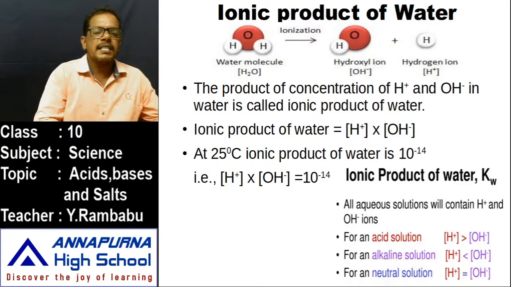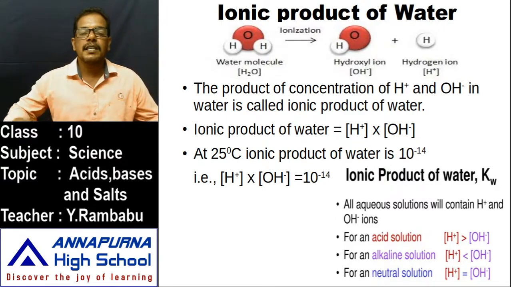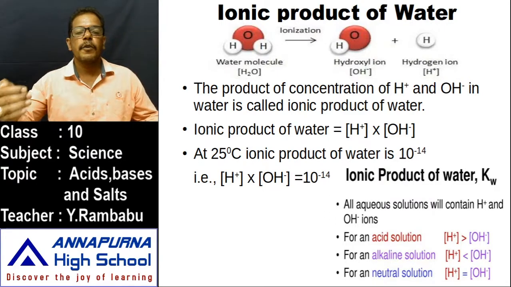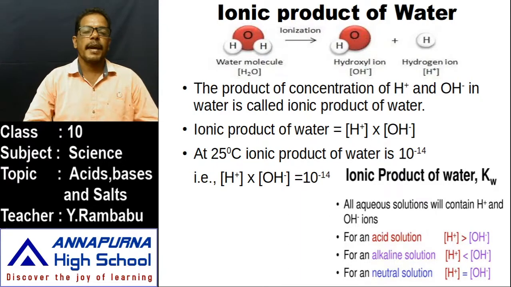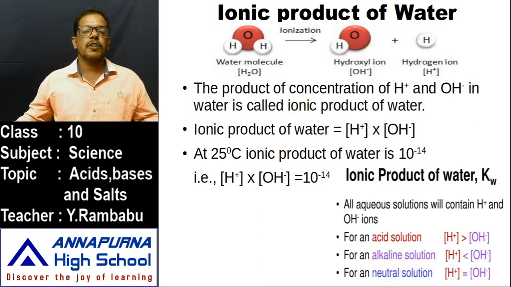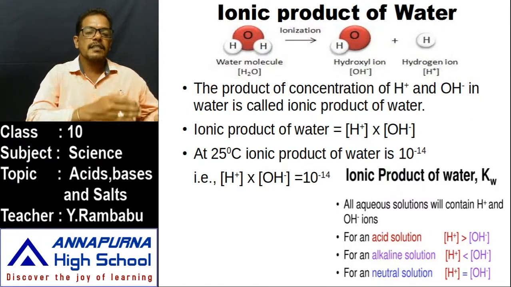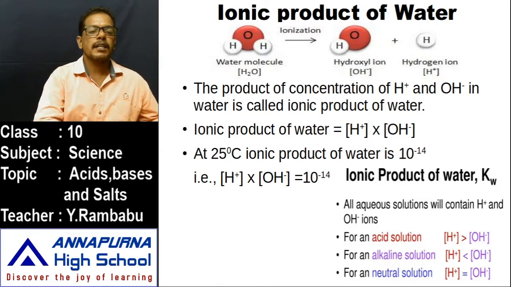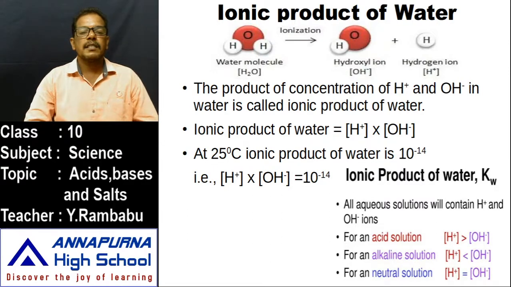Okay. If H plus ions concentration decreases to 10 to the power of minus 2, then OH minus ions concentration increases, from 10 to the power of minus 13 to 10 to the power of minus 12. Like that, if we observe in the form of a table, 10 to the power of minus 1 is the H plus ions concentration, OH minus ions concentration is 10 to the power of minus 13. Product is 10 to the power of minus 14. If H plus ions concentration decreases, 10 to the power of minus 1, 10 to the power of minus 2, 10 to the power of minus 3, and so on up to 10 to the power of minus 14. Then what about OH minus ions concentration?